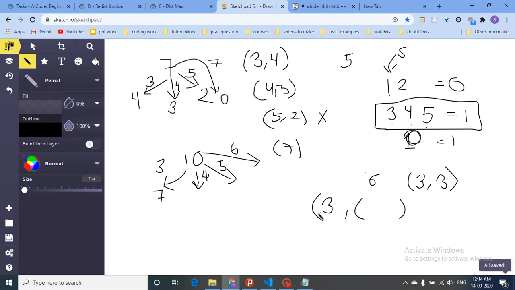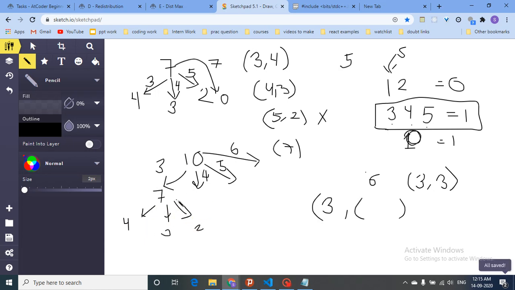Because I have taken down 3, the total summation should be 10, and thus I have to find out the number sequence which will end at 7. Okay, so now, as you can see, the total number sequence ends at this, you can further divide it. You can divide it by 4, 3, 2, and so on, and you will do the same.